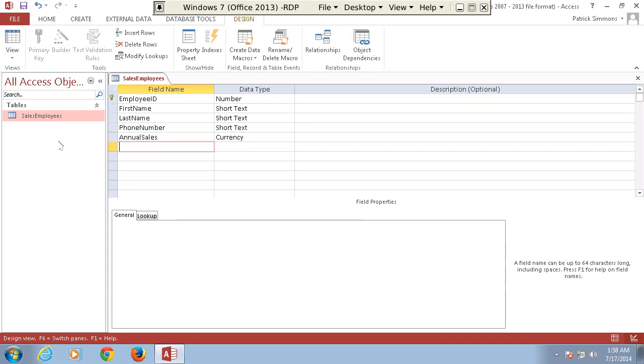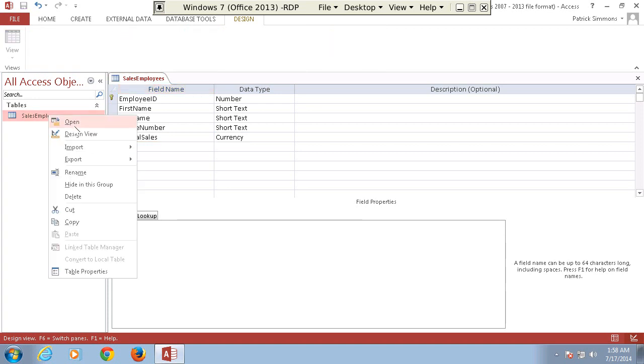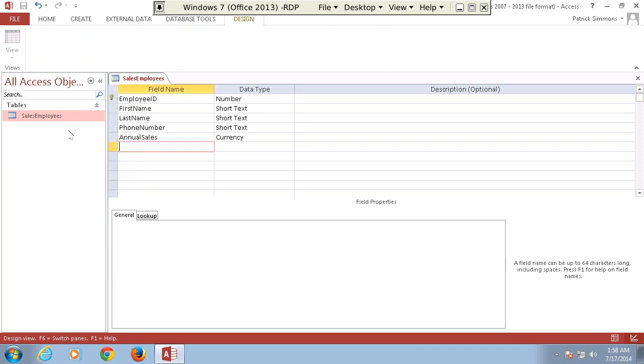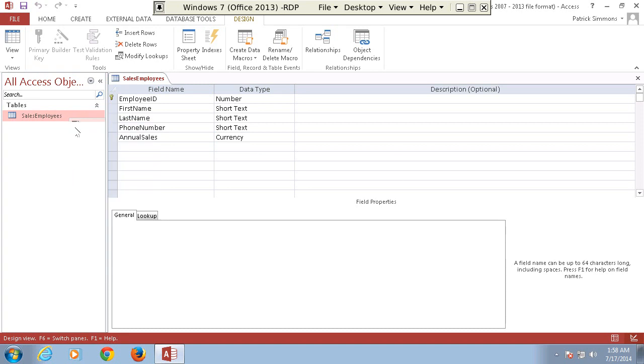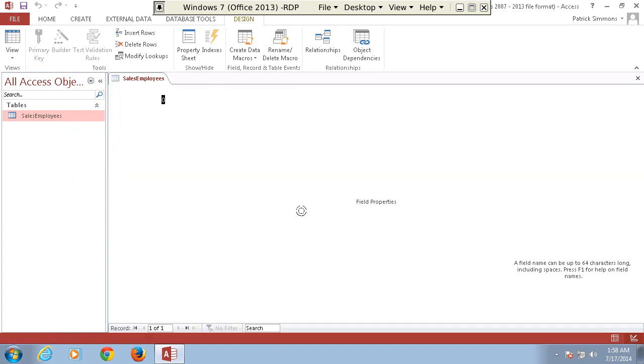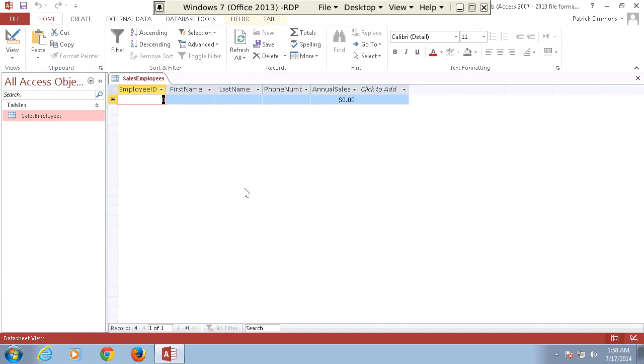So now we've designed this table. So let's go back and open it up in the normal view. So here's our normal view now. So now we're going to write a whole bunch of information about our salesmen. So employee ID, we're going to put 1, tab over, first name,